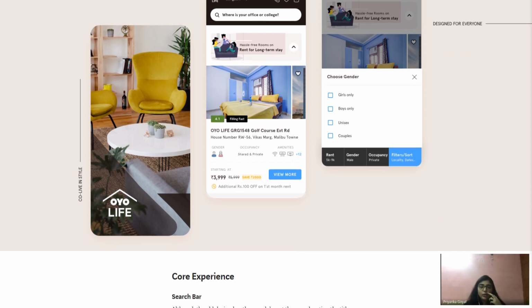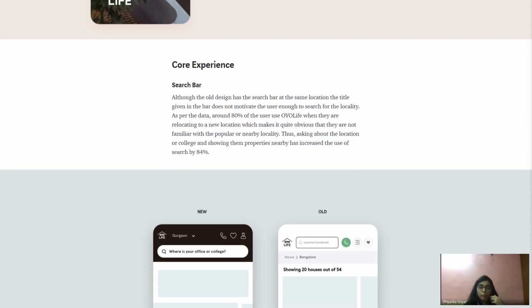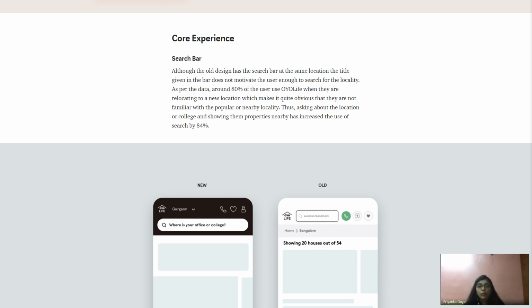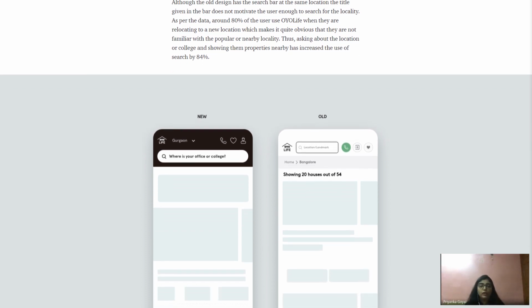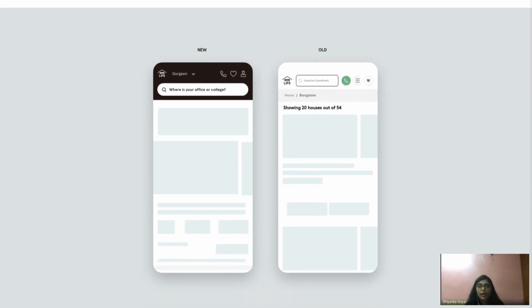Here I tried to take a before and after approach, because I was redesigning. I kind of said that the old search bar was like this and the new search bar is like this, so it gives an impact of which is better, and here I've mentioned how much improvement has been made in the discovery of a product. Plus I was also trying to say that earlier the header text was written something else, and now I have written the text in a different way, 'where is your college and office', which is actually what I had before and after when I was walking through my interview for this project.